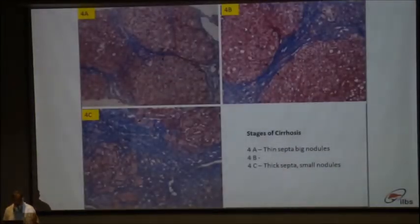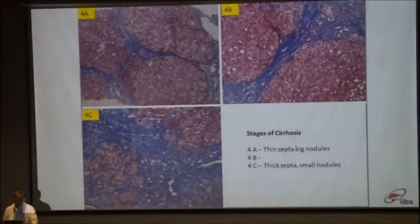The second way we find the cirrhosis severity. Once cirrhosis has developed, there are 3 stages. These are Metavir 4A, 4B, 4C. So here thin septa and large nodule. Then in 4C, thick septa and small nodule. So how do we measure the severity of cirrhosis? HVPG